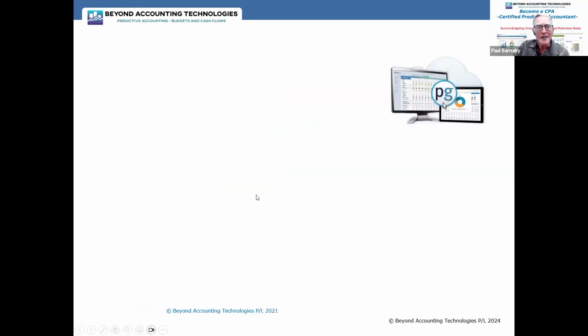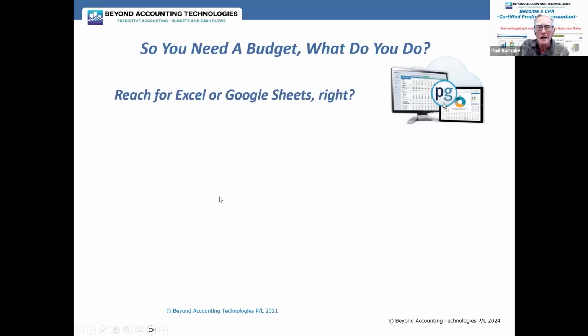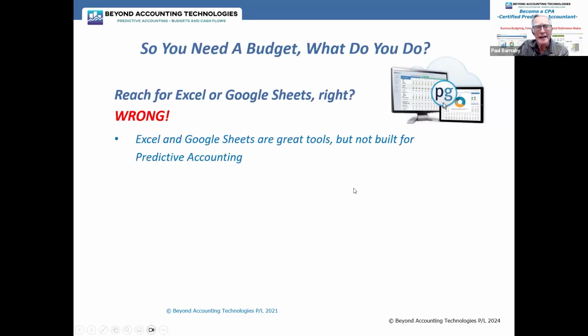Okay, so you need a budget. What do you do? You go and grab Excel, right? Well, I'm going to say wrong. Because Excel and now Google Sheets, although I haven't used that a lot, they're great tools, but they were never built for predictive accounting.